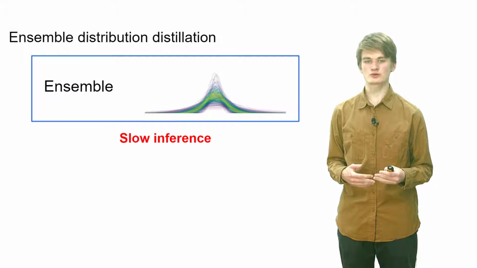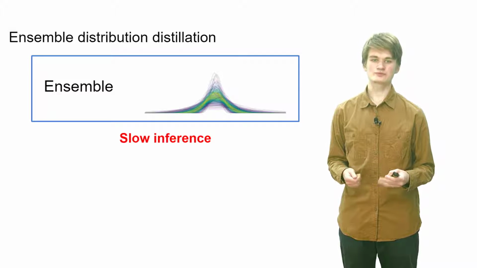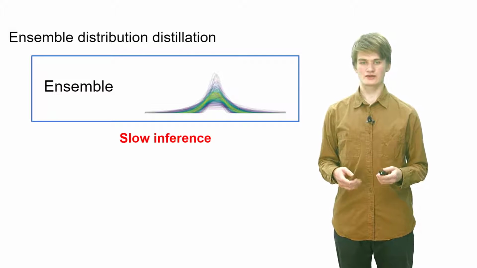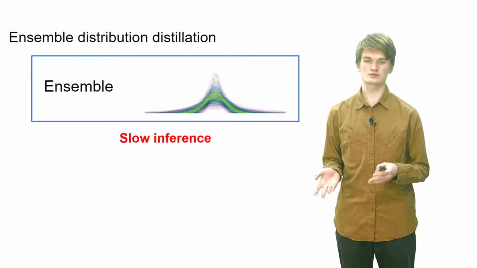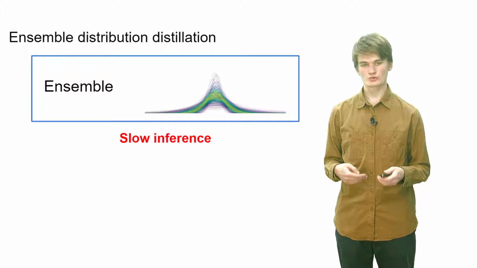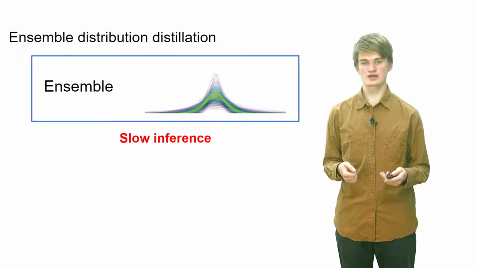We may have a problem with this situation. Ensemble methods are quite greedy. If we have 20 models, we need to run them all on the same input to make a prediction. So we need 20 times more computational time than one model.